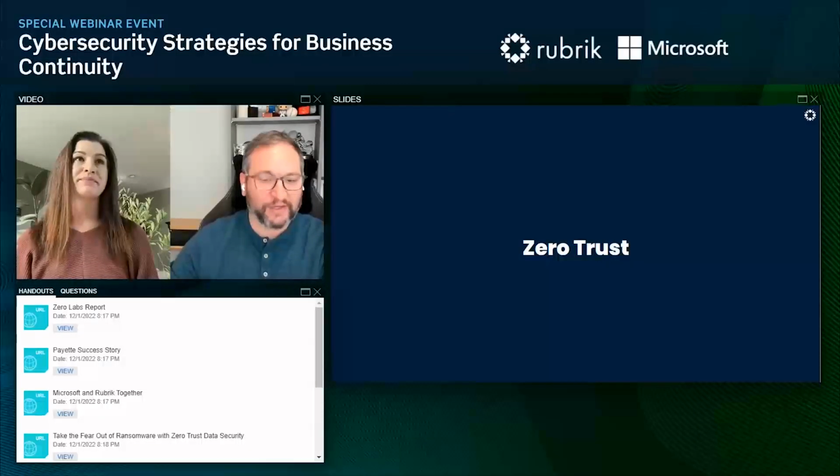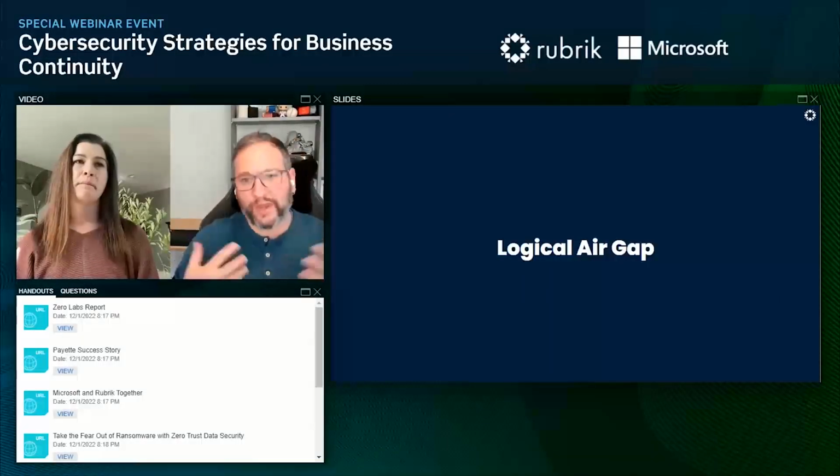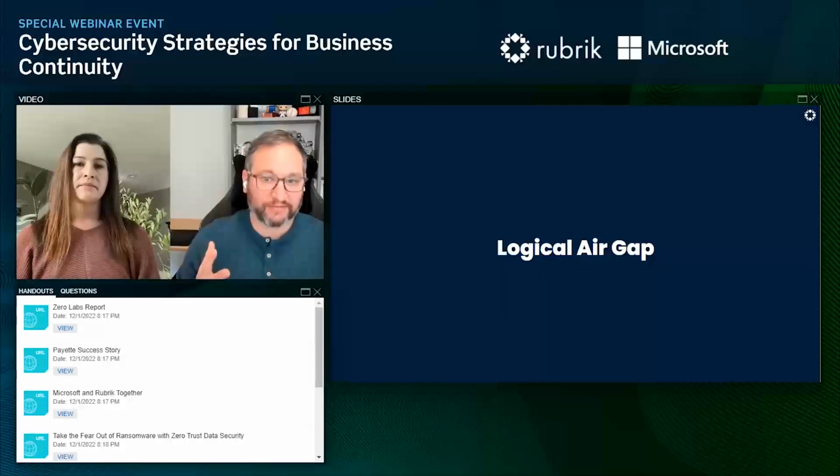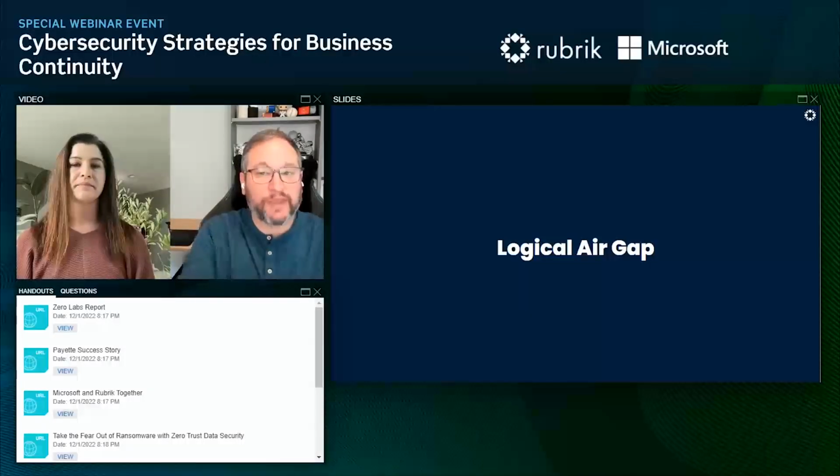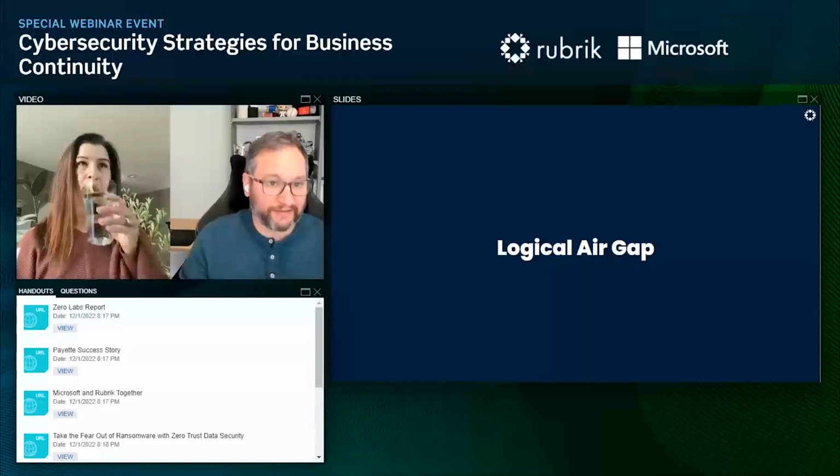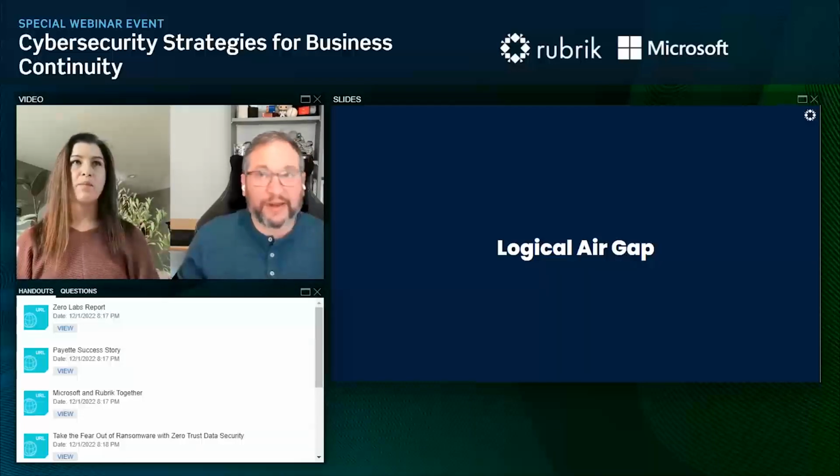Yeah, 100%. So now let's take a look at one of the ways that organizations can implement zero trust and make sure that this is really a mechanism that they can ensure that data is secure. And that's logical air gap. Now, if we rewind the clock a little bit and remove the logical, right, and just talking about air gap, I'm dating myself a little bit here to talk about things like sneakernet, right? That you have a system that is just physically disconnected from any other network.